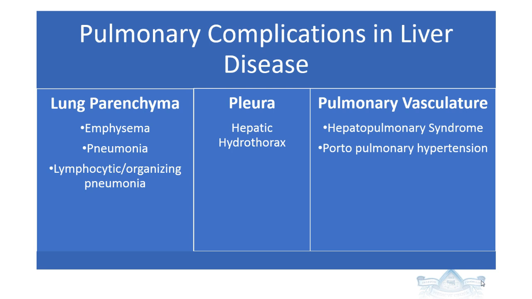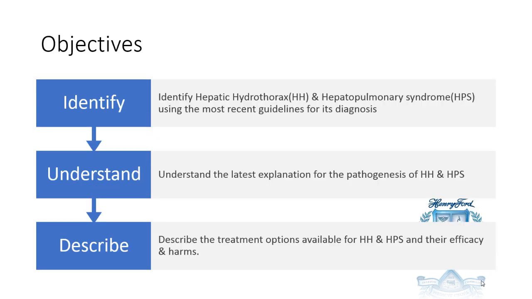When we look at lung parenchymal disorders that can occur in patients with chronic liver disease, there is emphysema in patients with alpha-1 antitrypsin, when they have the pan-acinar emphysema; pneumonia, be it in patients with hepatic encephalopathy, they can have an aspiration pneumonia; and organizing pneumonia in patients with primary biliary cirrhosis. I'm not going to be talking about portal pulmonary hypertension today because it's vast, and we had a lecture about 6 months ago. So our objectives for today are to identify hepatic hydrothorax and hepatopulmonary syndrome, using the